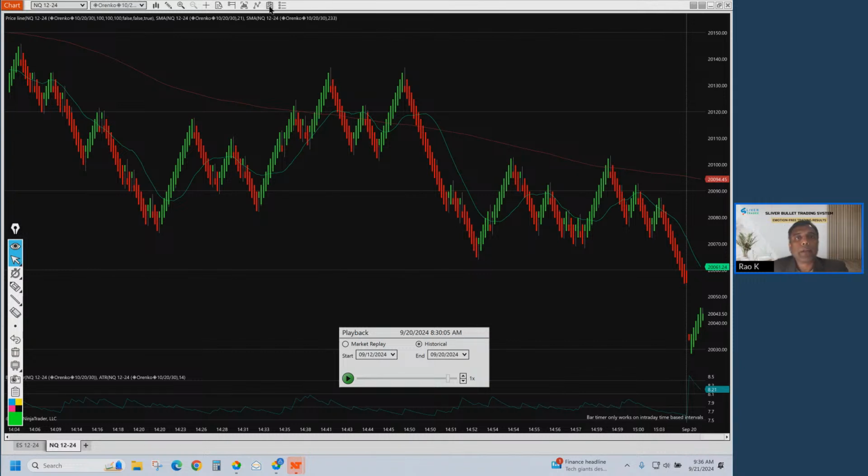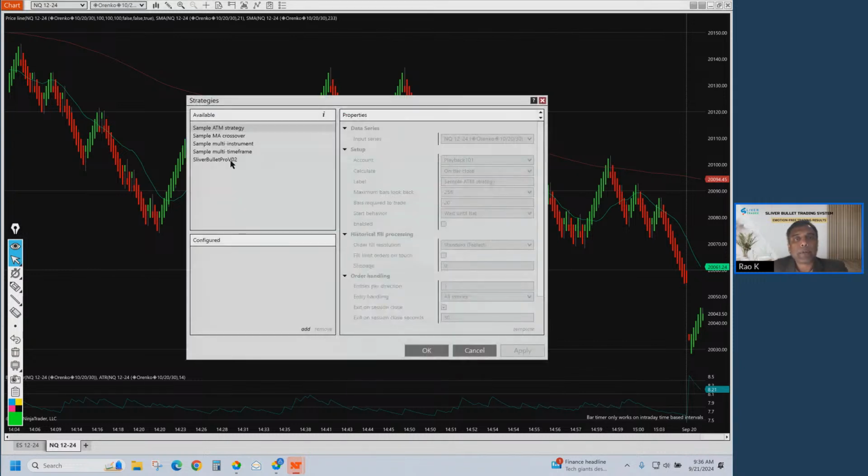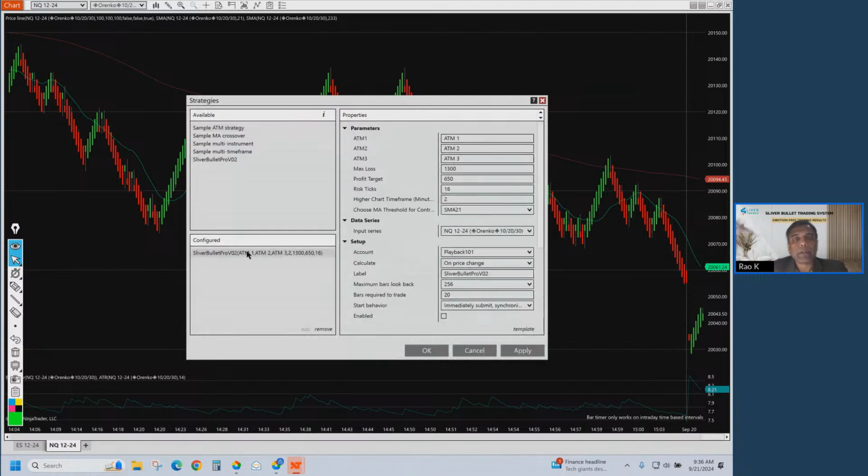And here is the software that I'm going to load. This is Sliver Bullet Pro version 2. I'm loading it here. These are different settings which I will get into later in the presentation. I'm going to use certain settings. This is called ATM 123, automated trade management settings for 1 contract, then 2 contracts, and 3 contracts. And here I'm going to set